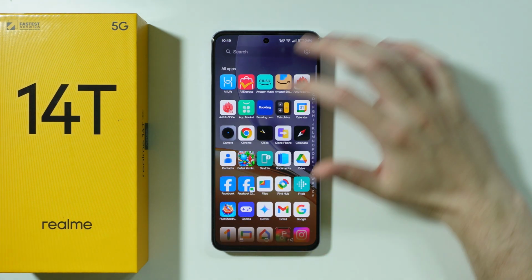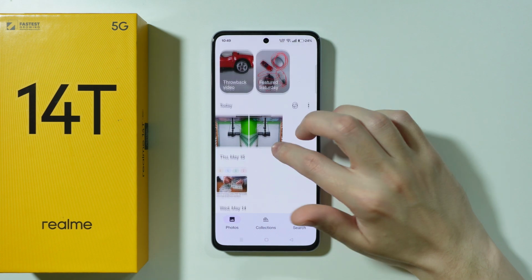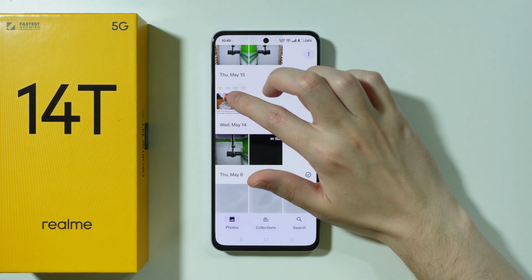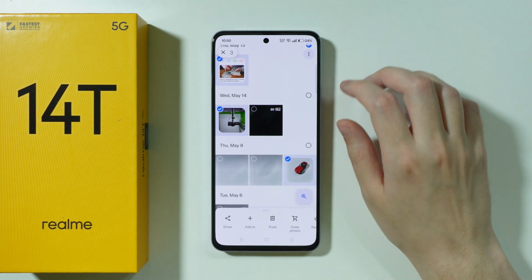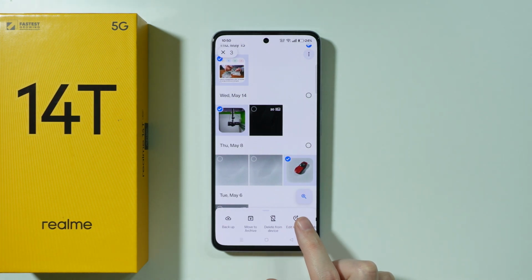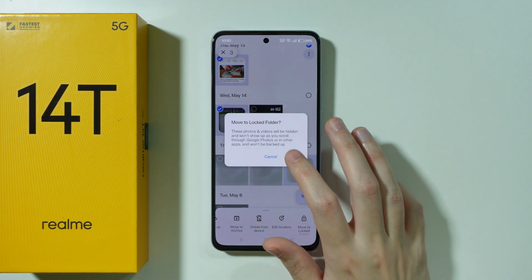If you use the Photos app by Google instead, then we can do pretty much the same thing. So we're gonna press and hold finger on the photos, whatever we want to hide, and then over here you should be able to find move to locked folder on the right side. So go over here, press continue, move,